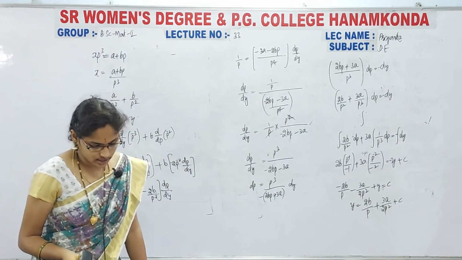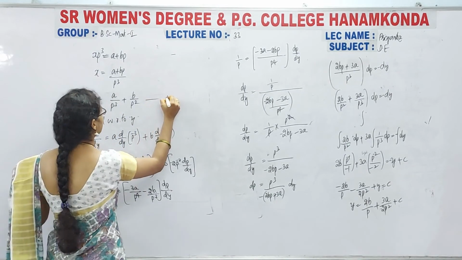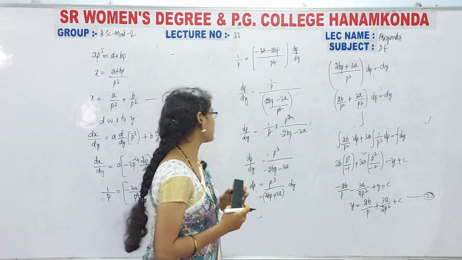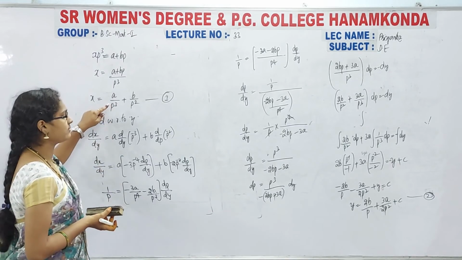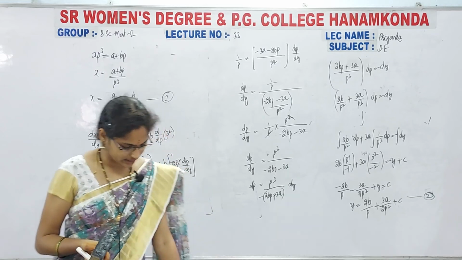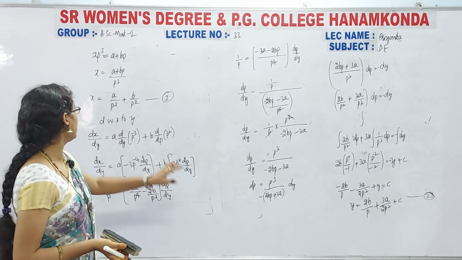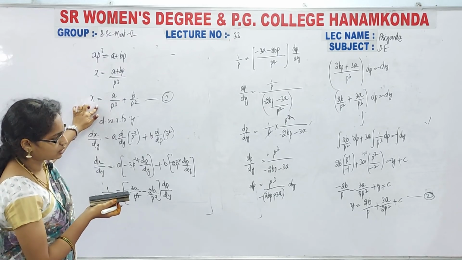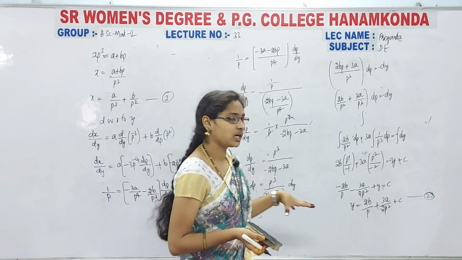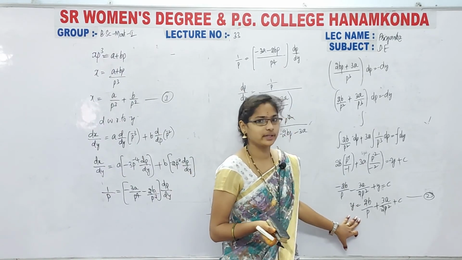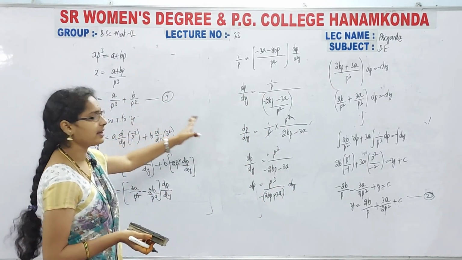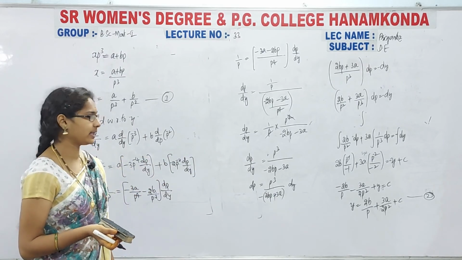Now here simply what you have to do, we have to take it as equation number 1, and now here I have the value of the equation, I mean x value, and a y value. So now just you have to see whether any value is there to substitute. Simply by calculating, I have the value of x and I have the value of y there. So now a by p cube plus b by p square. From this, is it possible to calculate p or p square? Then you can, otherwise no need. Then simply by solving 1 and 2, we will get the required solution. You can write like that also.